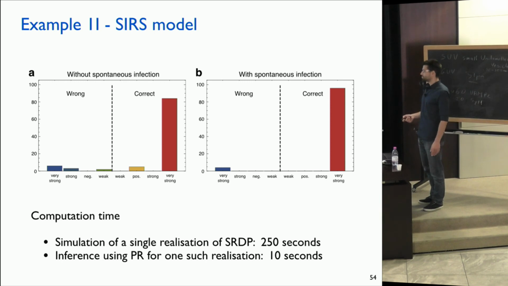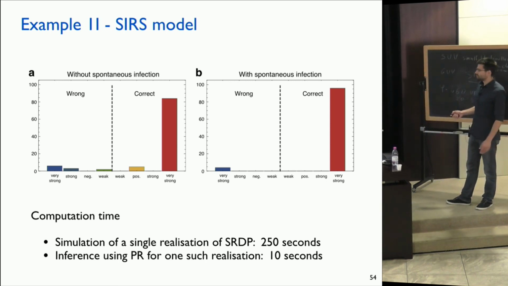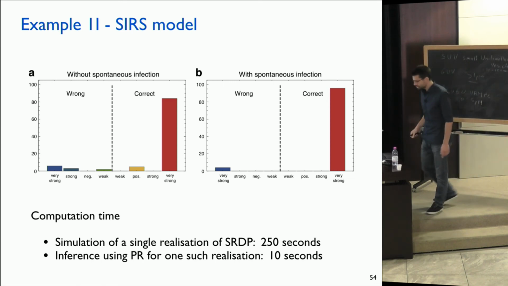So our method is, in this case, highly efficient, and this also shows you how difficult it would be to use brute force simulations. If for one simulation you already need 250 seconds, you would have to run many simulations to even get one likelihood estimate. And this one you then still have to optimize on a 4-dimensional parameter space.